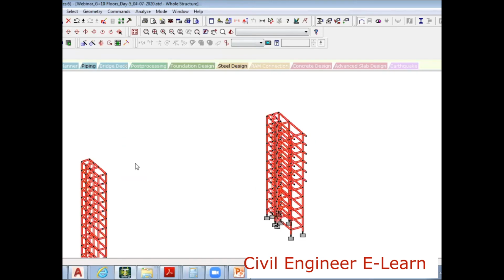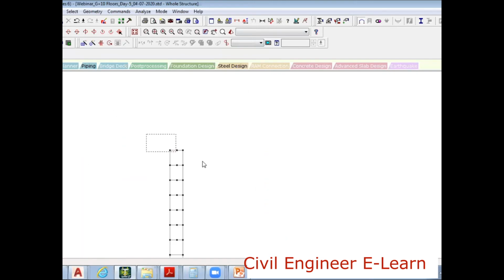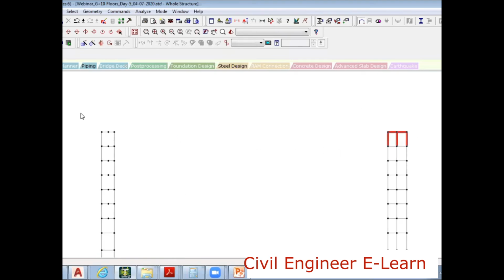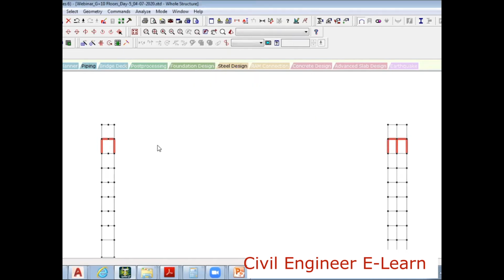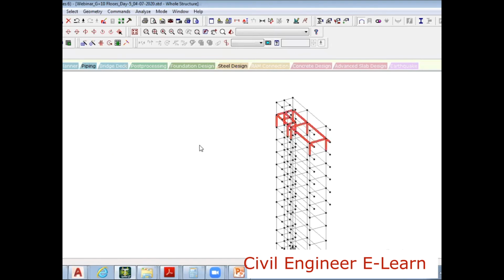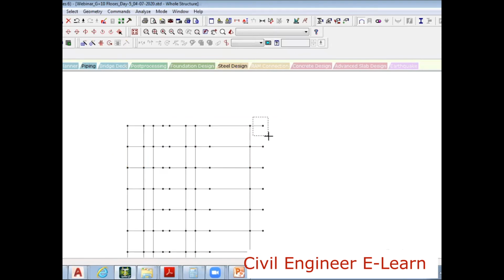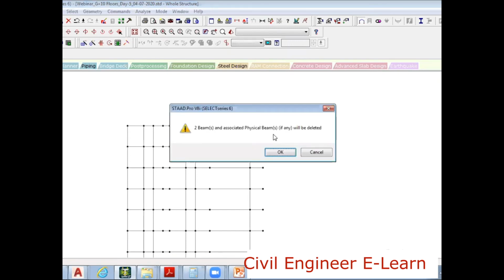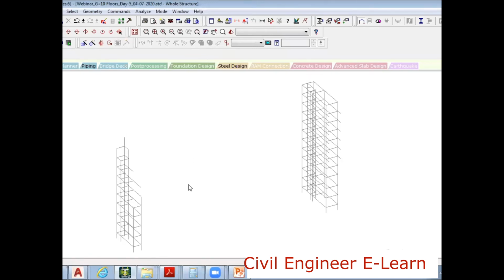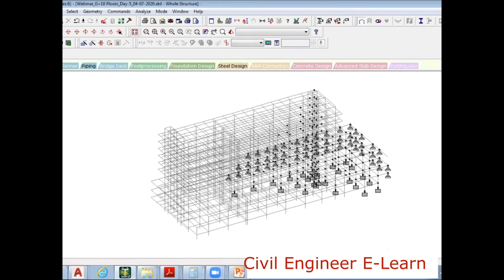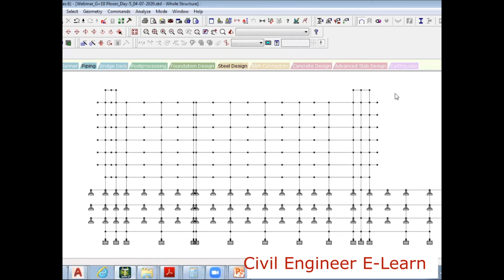Now I want to extend only this level as one more floor extra. This level and then this level. I will select this, and also this. Control C copy, Control V paste. In the Y direction I'm using the same dimension, 3.3 meters. I'll say okay. I'll go to the isometric view and I realize that these two beams are extra selected. I'll delete them. See, this one is called headroom. This one is also headroom, this one is headroom, and this one is also headroom.